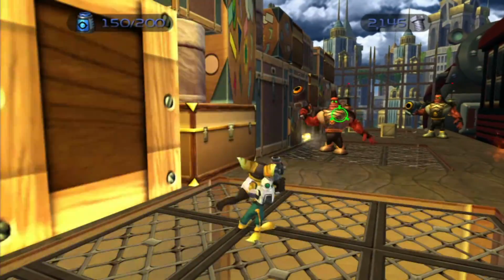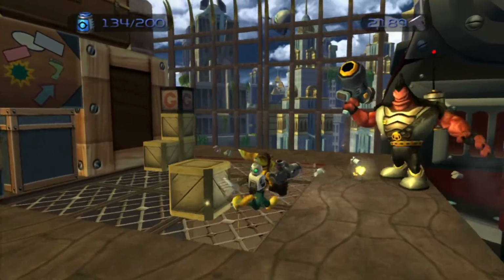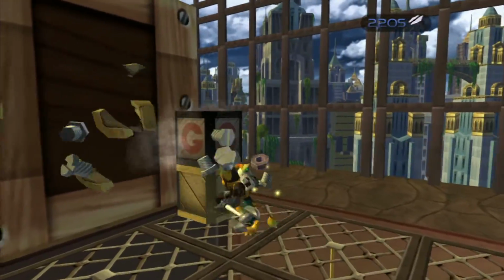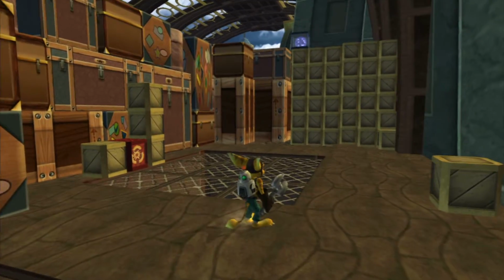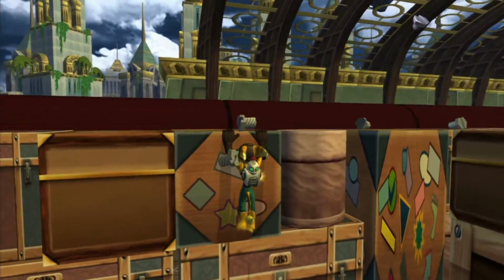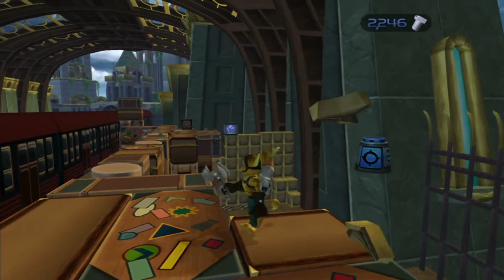So when you come over here, there's a big train, and there's about 4 of these rocket guys, and this is actually where I died before because I only had 1 health left, and one of them just blindsided me, shot me with a rocket, and I was dead. Now, unfortunately, when you hit a cutscene, your health doesn't get replenished. Your health does get replenished when you die, so that is useful, but if you have 1 health and you talk to the guy who's fixing up Clank,